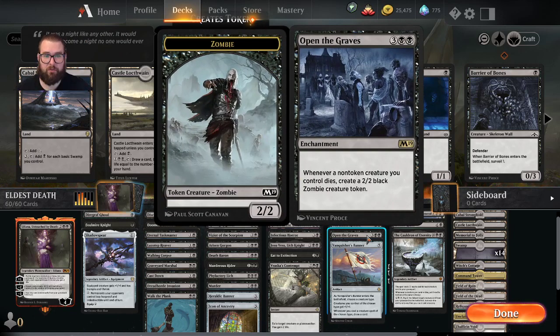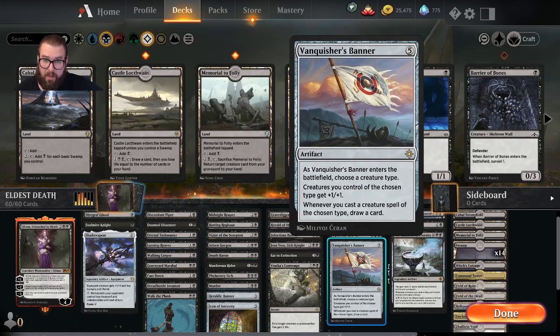I have 1 copy of Open the Graves for 3 colorless and 2 swamps. Enchantment, whenever a non-token creature you control dies, create a 2/2 black zombie creature token. And we finally have 1 copy of Vanquisher's Banner for 5 colorless as another artifact. As Vanquisher's Banner enters the battlefield, choose a creature type, which we would name zombie. Creatures you control of the chosen type get +1/+1, and whenever you cast a creature spell of the chosen type,